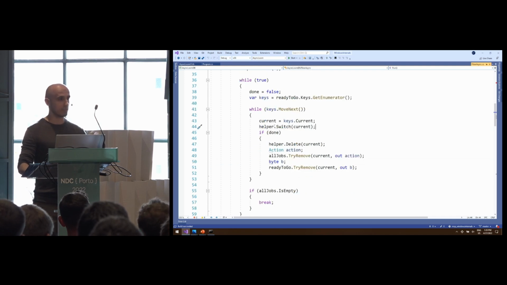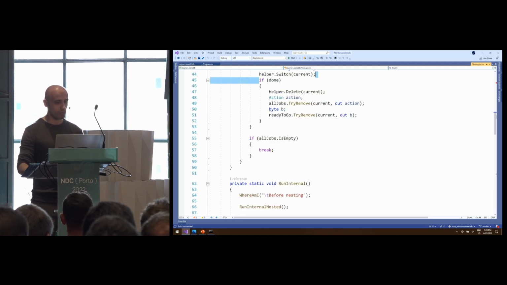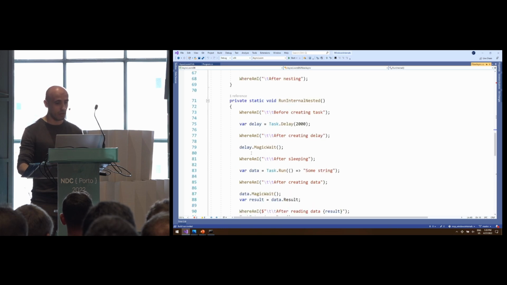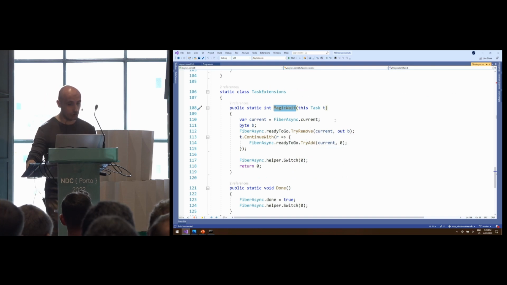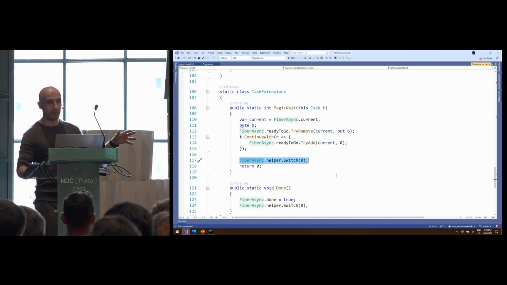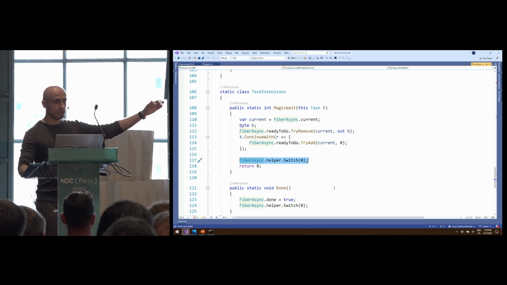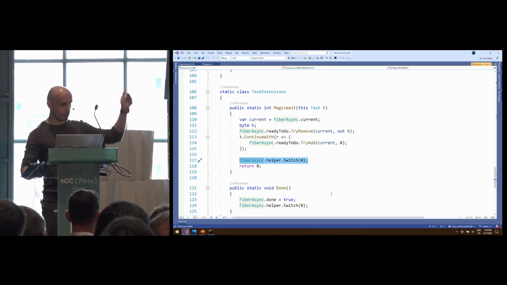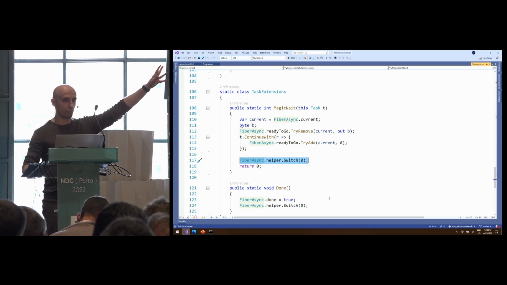So at this point, the fiber number 0 is basically stopped here, like paused entirely, and then fiber number 1 is being executed. It goes on and on until it calls magic.wait. And in magic.wait, what we do is we basically schedule a continuation to schedule fibers again, but more importantly, we ask the operating system, hey, I'm done. You can go to fiber 0. So there is this fiber 0, which goes through the queue, gets the messages, and then tells the OS, hey, go to fiber 1 to do this method.